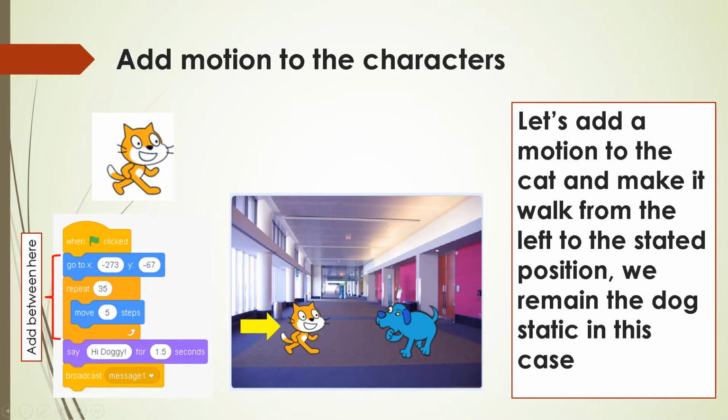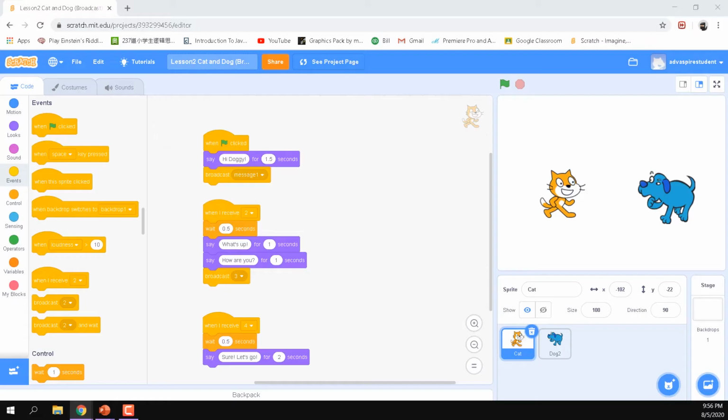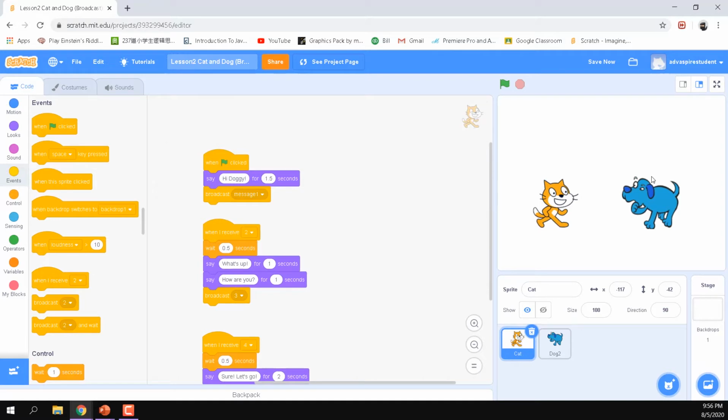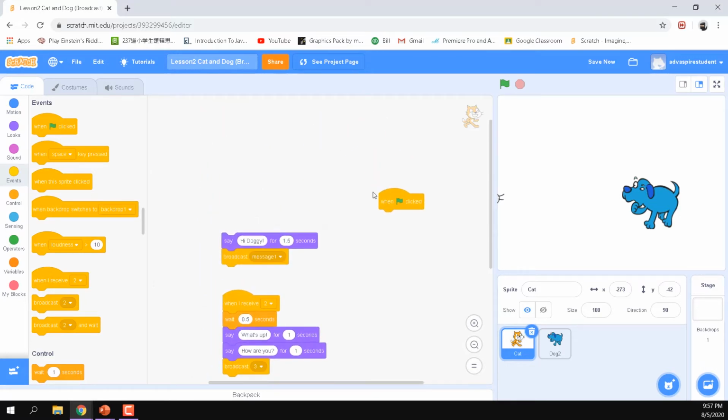And now I'm going to demonstrate for a while. Let's go to the Scratch programming site. Here, the dog is over here, and the cat will be moving from this side, from outside of the scene, into the scene. When I click the flag button, I'm going to put something in between.